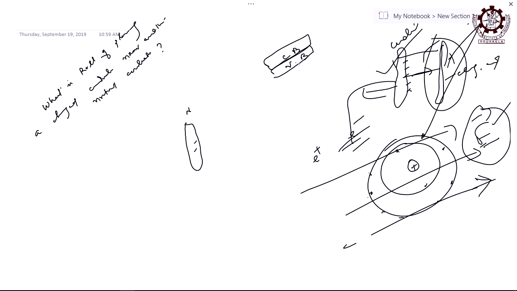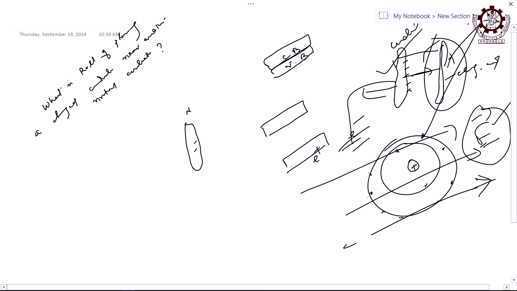So, whatever electrons are available in the valence band, automatically they will go for conduction, and that is why it is a conductor. But in case of an insulator, the gap is very large. If this is the valence band, this is the conduction band, and this is the band gap, which is extremely large. To take an electron from the valence band to the conduction band, it requires sufficient energy, and you can never get that energy, that is why it is an insulator. So, in a conductor there is no gap, both the bands are superimposing with each other, but in an insulator the gap is extremely large.